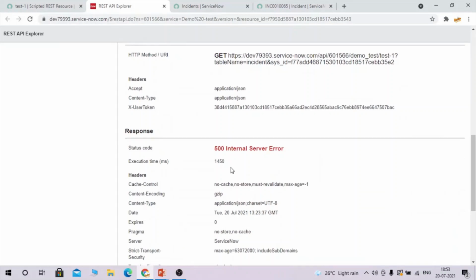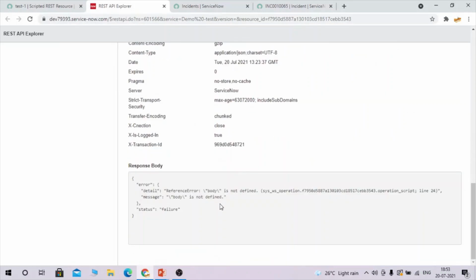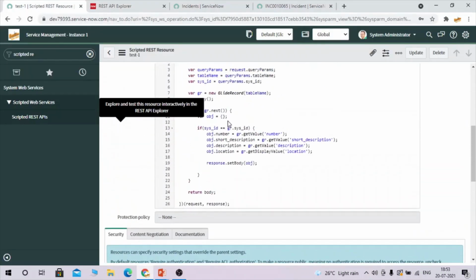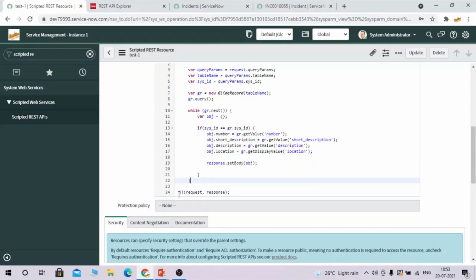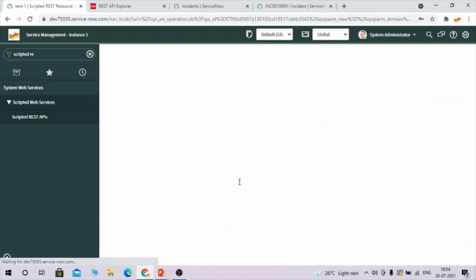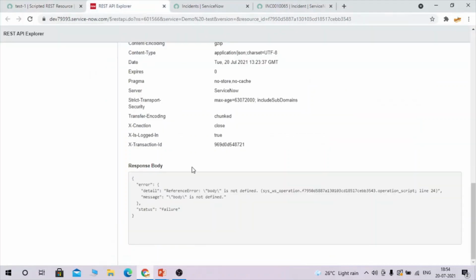Okay, something wrong has been done. What is not defined? Okay, so we missed removing this code, right? That code was from previous, so we have not removed that code and body was not defined. That's why we are getting that error. Now let's send it.